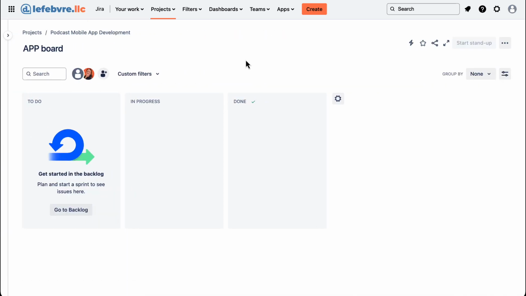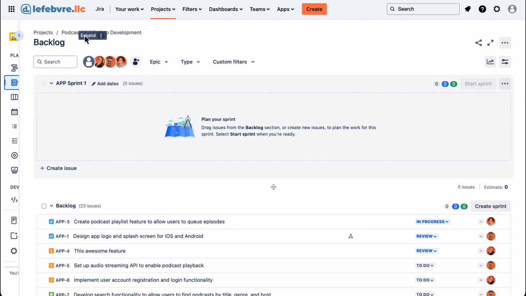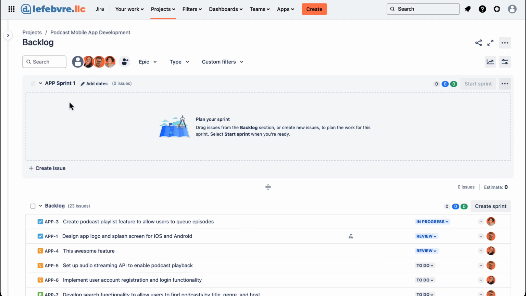And now back on our board, you can immediately tell that it's different. So we can see now Jira wants us to start a sprint. You may not have noticed it when I opened the menu really fast, but we actually have a backlog now. And in the backlog, we have sprints. And if we were to open up one of these issues,